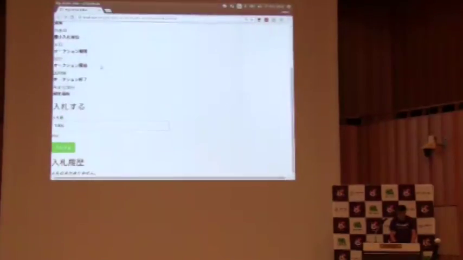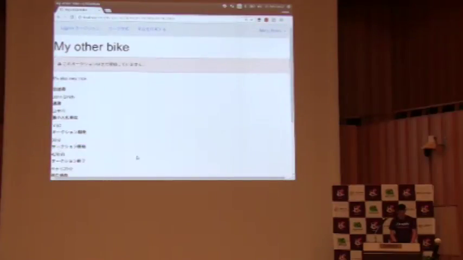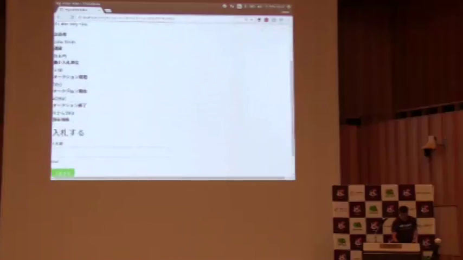It's not just weird because it's Japanese and I can't read Japanese. I'm guessing it says the auction hasn't been started yet. But then here it says the auction was started 42 seconds ago. How can it both be started and not started at the same time? Well, it's an inconsistency. The item service says it's started, the bidding service says it's not started.